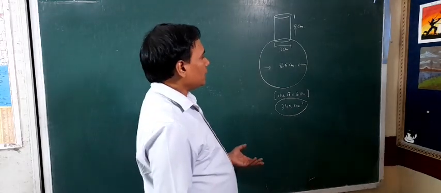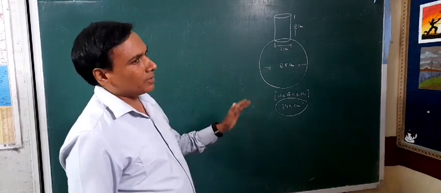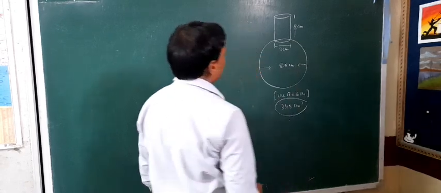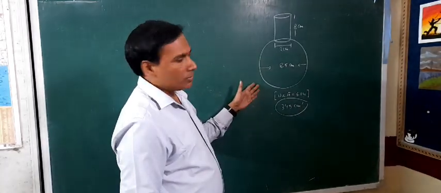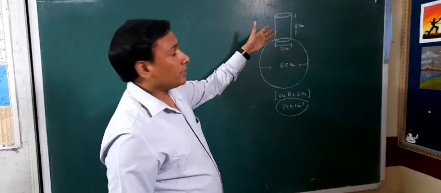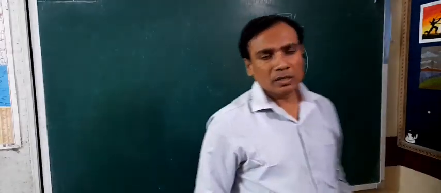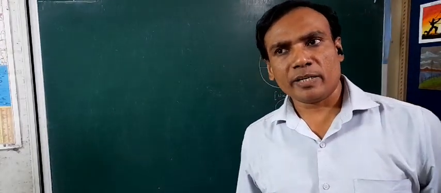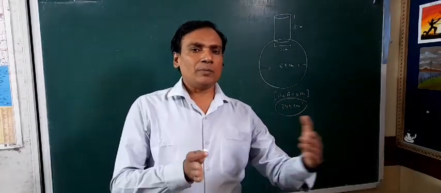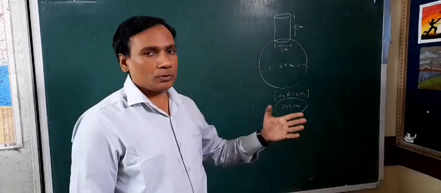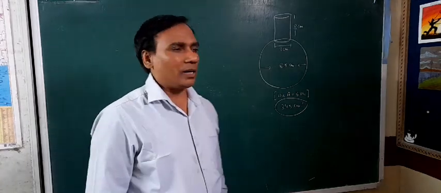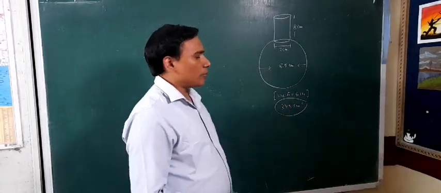So the idea to find the volume, we will apply the different formulas. It should be clear to everyone that in a sphere there is only one dimension, which is the radius, and for the cylindrical portion आपके पास दो डायमेंशन होंगी, एक उसकी हाइट और दूसरा उसका रेडियस. So we have two distinct radii and there is only one common thing, which is pi. The value of pi is also provided here, 3.14.